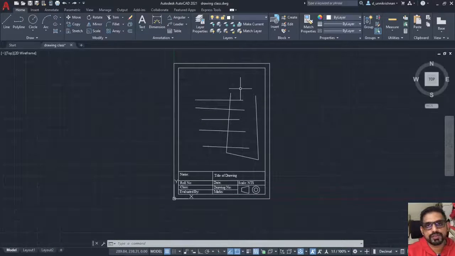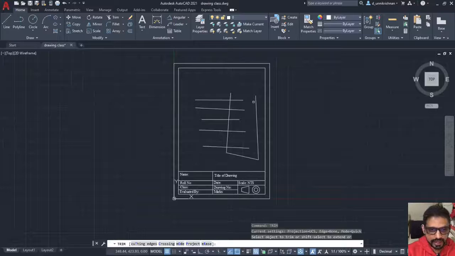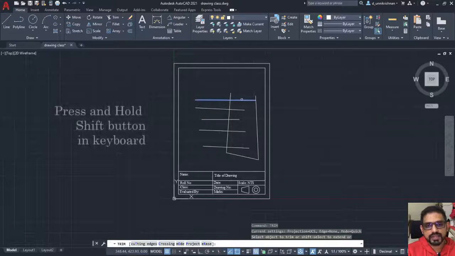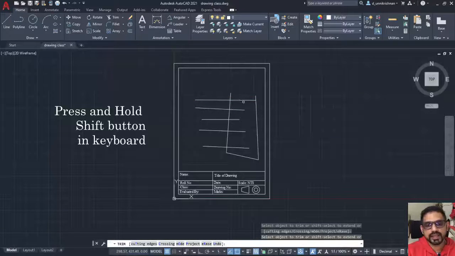There is a conjugate of trim, that is extend. Say I have one more line here and I want all this line to come and meet this line here. So again here also I can use the trim command, and if I press the shift button and then click on the line, it extends to this edge.